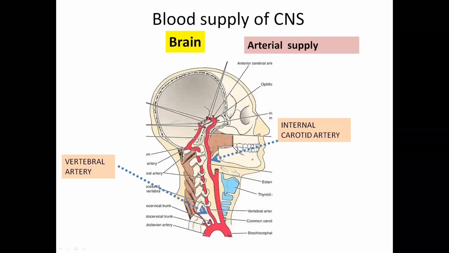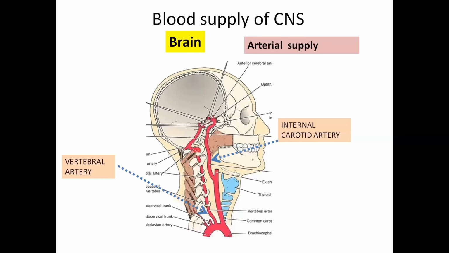The blood supply to the central nervous system is by means of two sets of arteries, the vertebral artery and the internal carotid artery. The vertebral artery arises from the first part of the subclavian artery. The course of the vertebral artery is quite long and it is divided into four parts. The first part is its origin in the neck in the region of the scaleniovertebral triangle. The second part extends from the foramen transversarium of the sixth cervical vertebra to the foramen transversarium of the first cervical vertebra.